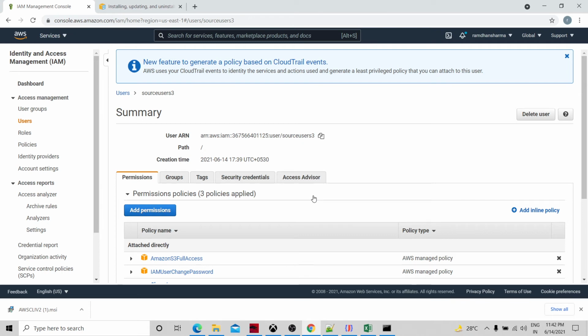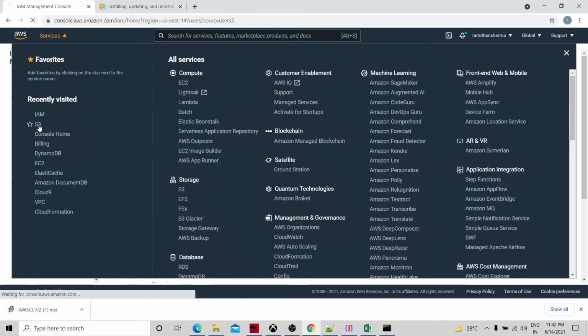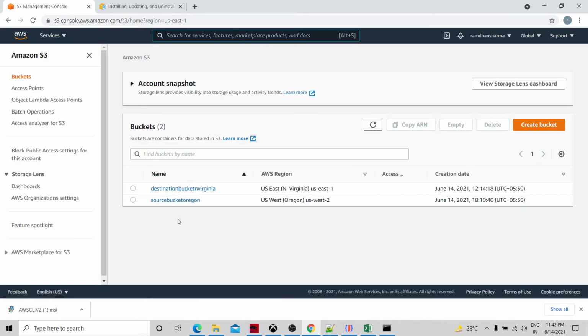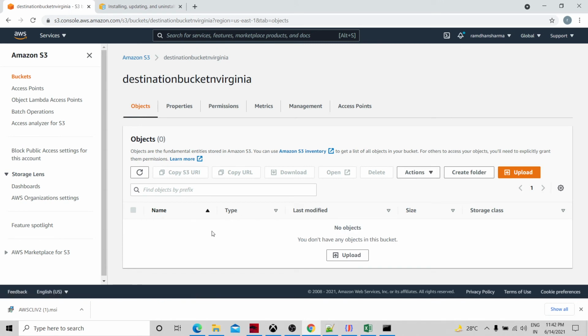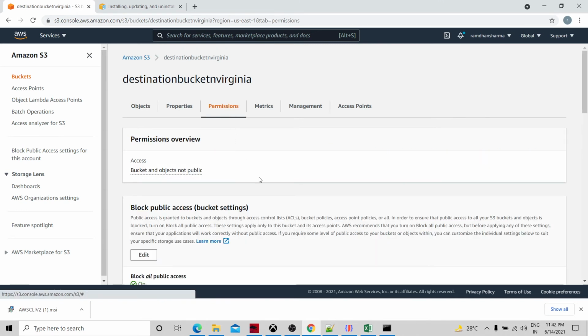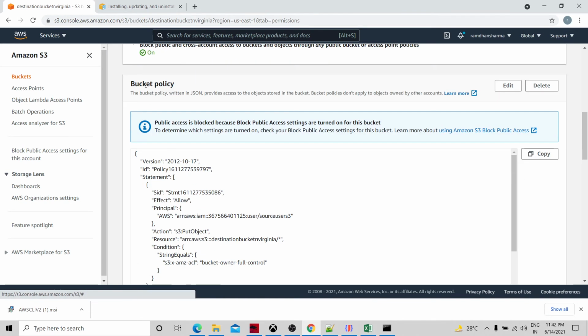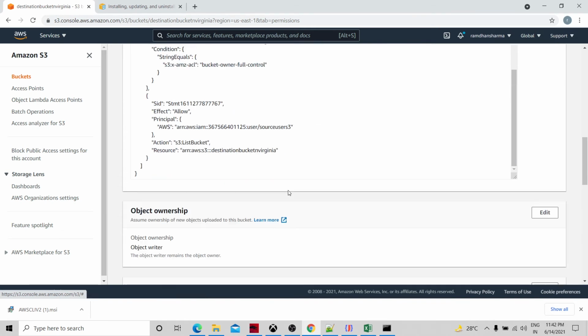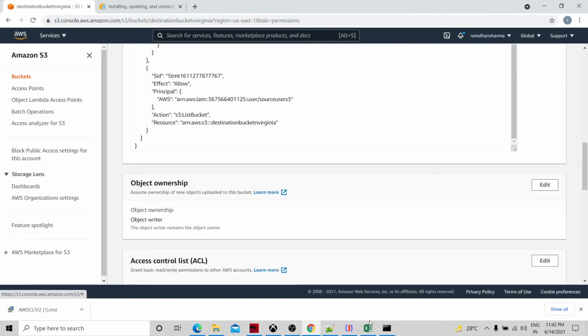As part of the target, you go to the S3 bucket and you need to change the bucket policy of the target bucket. Go to the target bucket, go to Permissions, go to the bucket policy, and create the bucket policy. This is the bucket policy I have created.